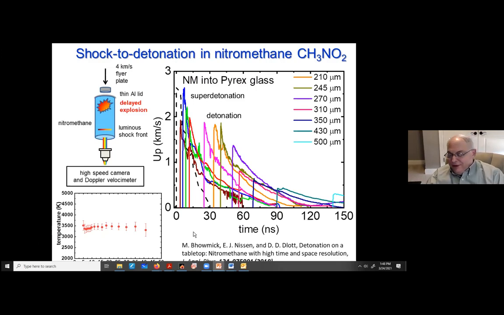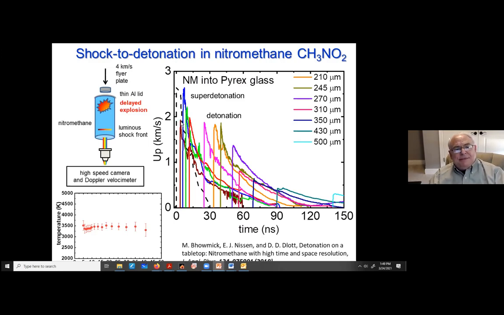So here's what the detonation looks like. What am I showing you? I'm showing you a velocity profile of the nitromethane shock as it comes out of the nitromethane. So this dotted line here is the shock we're putting in. It's 4 nanoseconds long, and there's this weak tail that's really too weak to do anything to nitromethane. This brown trace is what the shock looks like after it's gone through 30 microns of nitromethane.